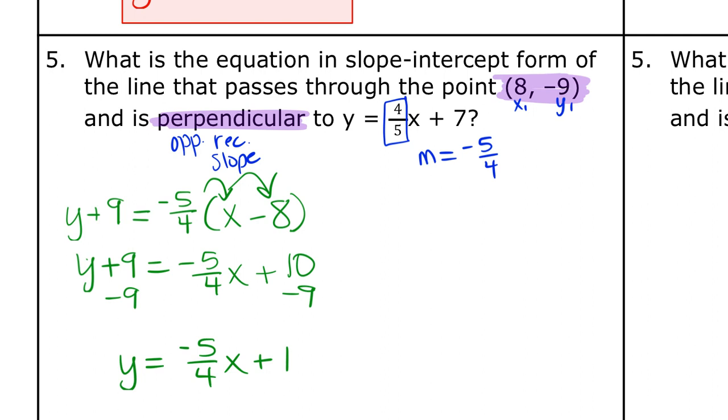And like I said with the problem right before this, make sure you're using your test-taking strategies as well. So since it says perpendicular, your slope needs to be different. So make sure just by looking at the slope, you should be able to cancel out a few choices. Okay, and then last one for our review today